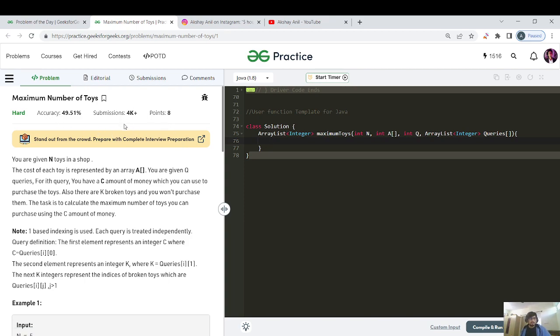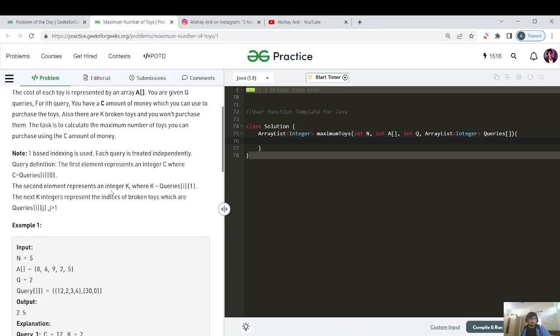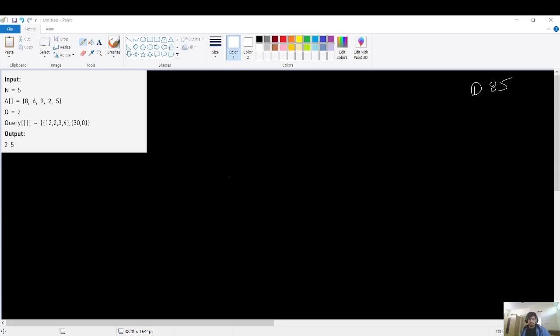So it's Maximum Number of Toys. You are given n toys in a shop, and the cost of each toy is represented by an array. You are given Q queries. For the ith query, you have C amount, and you have some broken toys. You cannot purchase them. So the task is to find the maximum number of toys you can purchase using this C amount of money. ठीक है, तो ये क्या कहना चाहता है यार, मैं इसको तुरंत से पेंट पे ले चलता हूँ